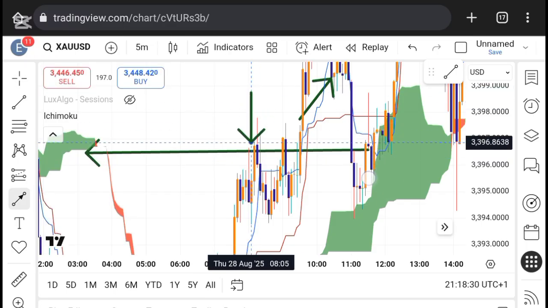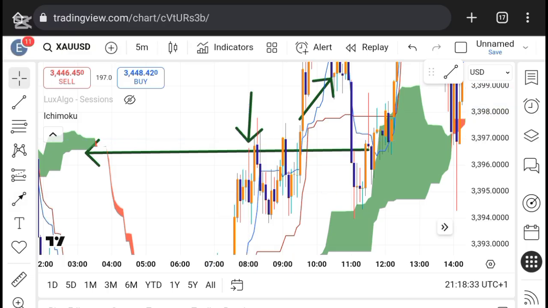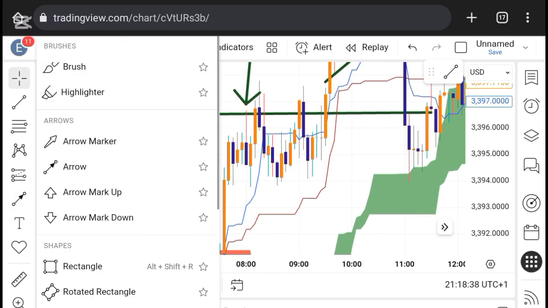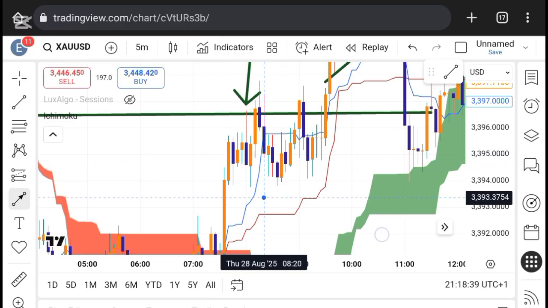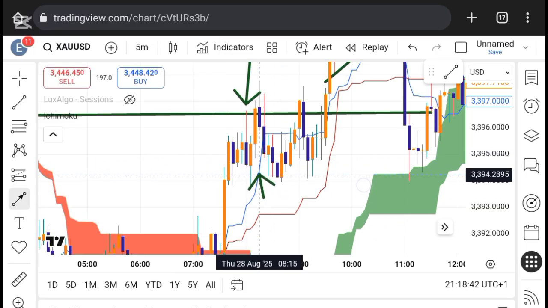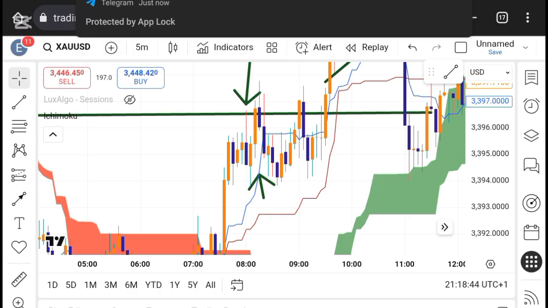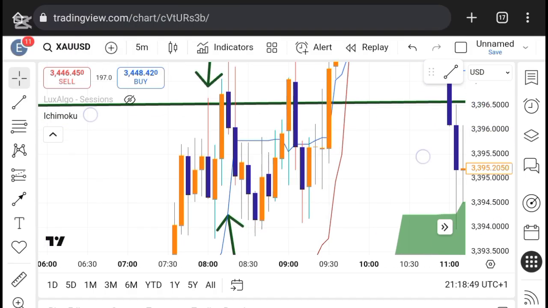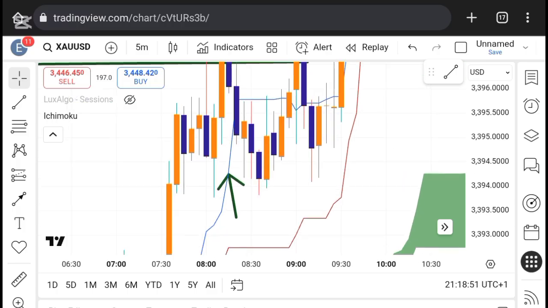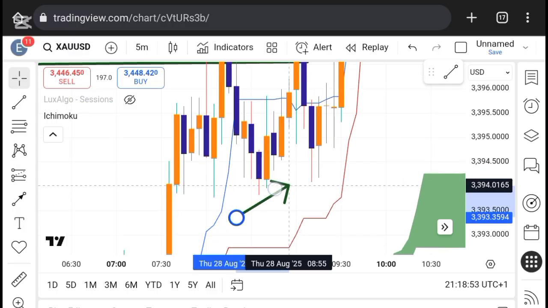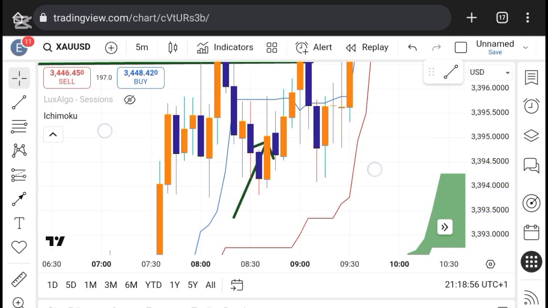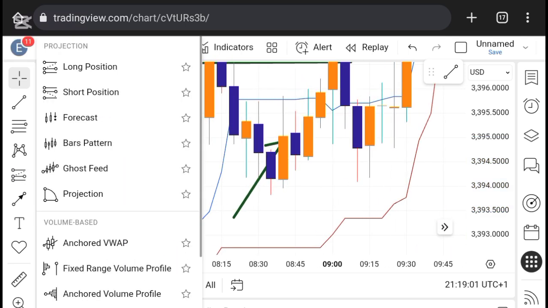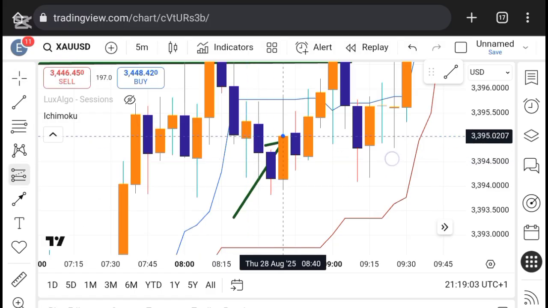So what happened, as this market breaks above, it's broken above it at this point here. As it comes down to this moving average, you can see this very moving average here, this leading span, the only thing you are to do here is wait for a candlestick confirmation to take this trade to the upside. We've seen a bullish engulfing candle there, so you place your trade right there and you target